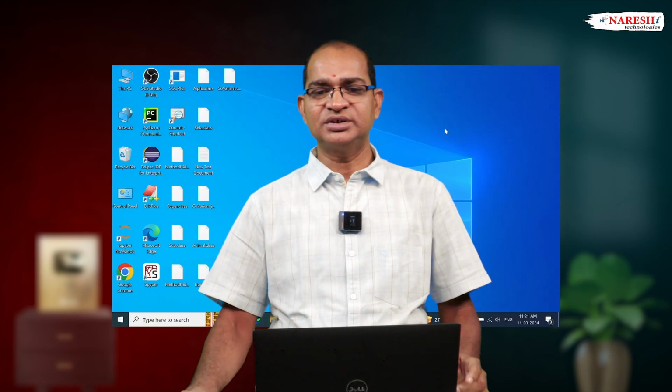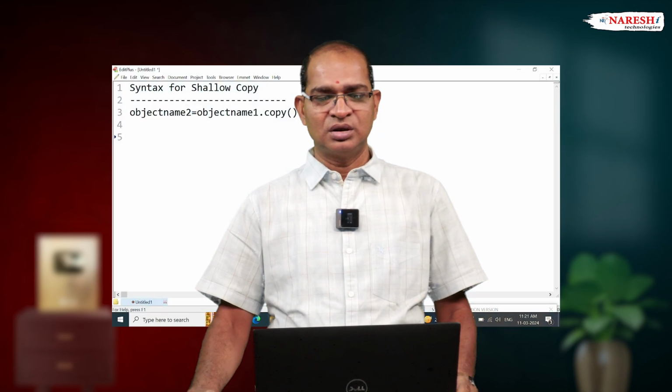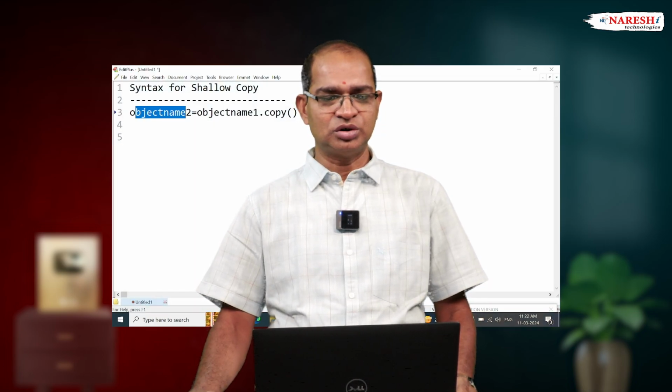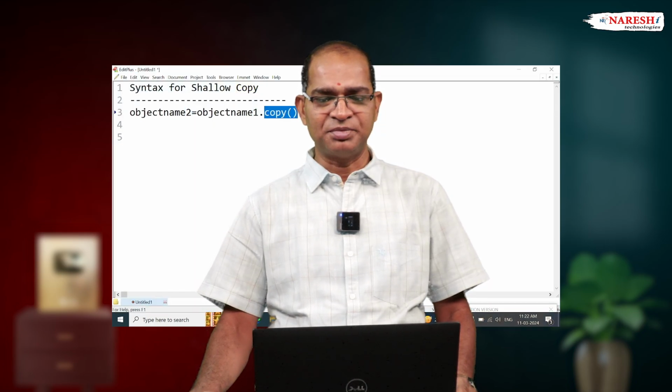To implement shallow copy in Python, we use the copy function, whose syntax is given below. object_name2 = object_name1.copy()